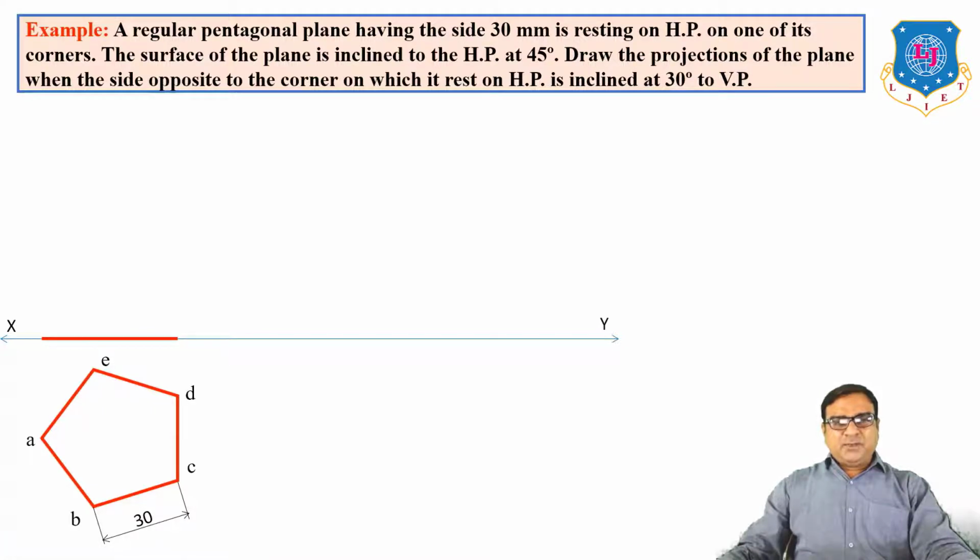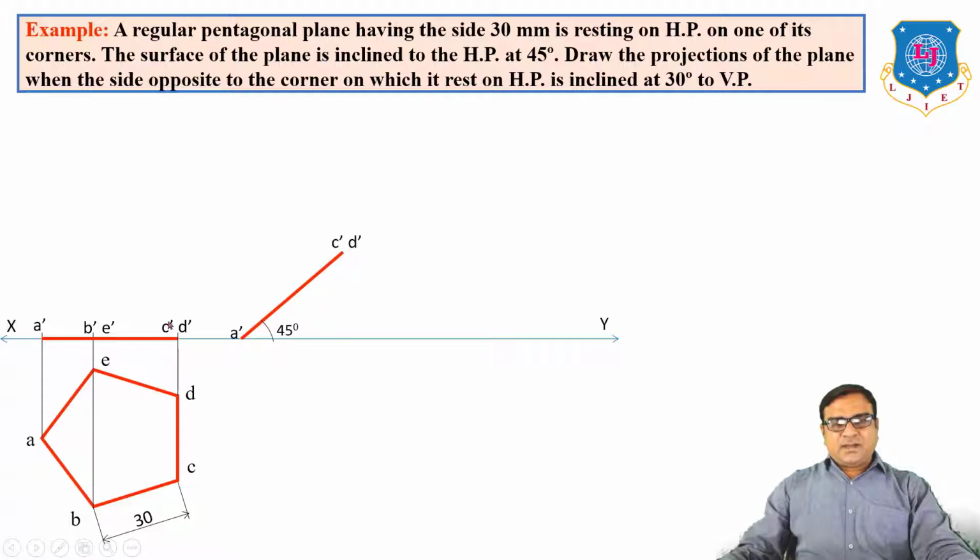Now the front view is a line because our plane is in HP. By taking the projections, we will get A dash, B dash, C dash, D dash, E dash. Now the pentagon is resting on one of its corners in HP, so we have to incline the surface by taking A dash on XY because one corner is in HP. And when we incline the surface, our front view is a line. The length of this line is the same as here, A dash D dash. So take A dash D dash,